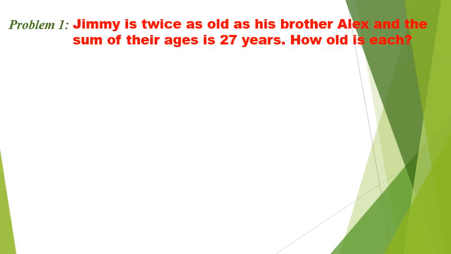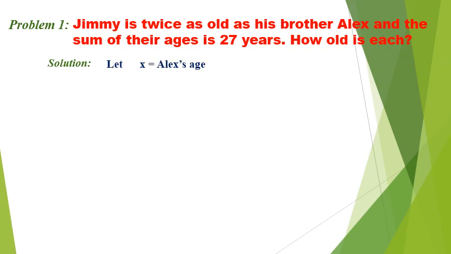Now let us solve this problem. Jimmy is twice as old as his brother Alex, and the sum of their ages is 27 years. Now the question is, how old is each? For this problem, we are asked to find the age of Jimmy and his brother Alex. Take note that the sum of their age is 27. So our solution is,